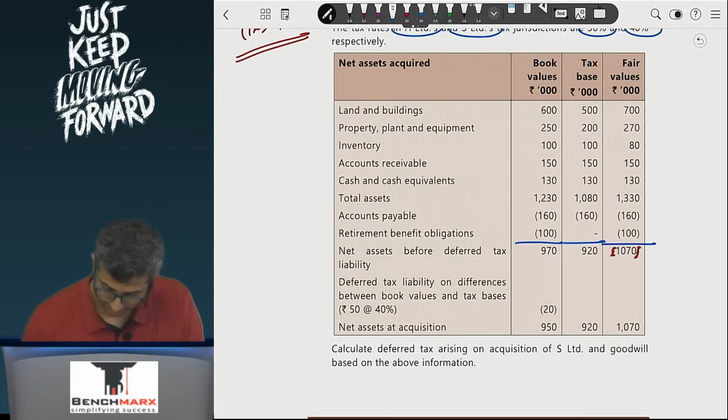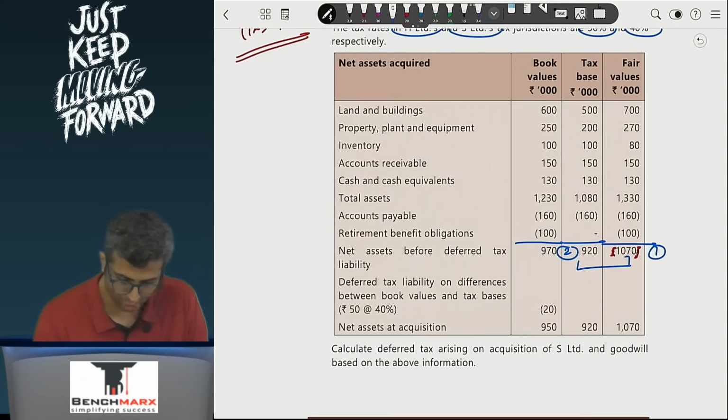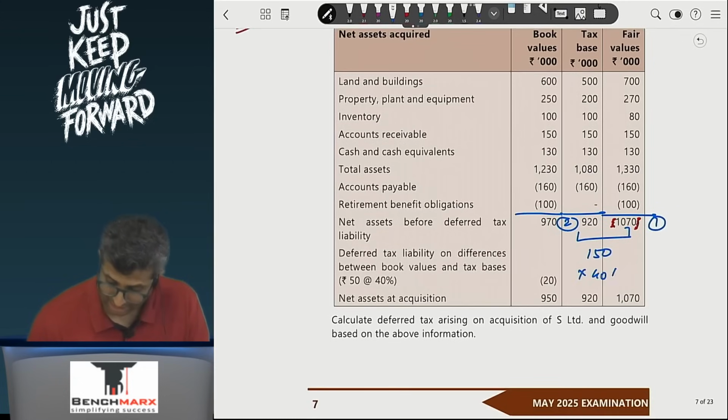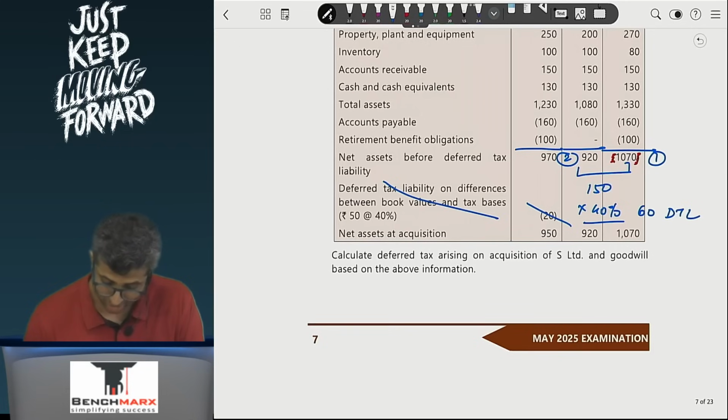Now if I want to find deferred tax, step number 1 is carrying value. Carrying value is as per Ind AS 1070. Step number 2 is tax base, that is 920, and hence the difference between the two is approximately 150. That is a taxable temporary difference into subsidiary's tax rate of 40%. I believe this will come to what? 60. This will be your deferred tax liability. Irrespective of what is there in your books, it does not really matter. In consolidated accounts, 60 will be your deferred tax liability,